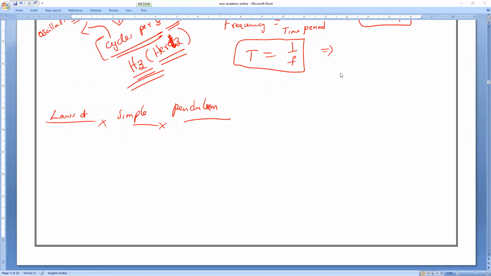Laws of simple pendulum, right? First one, the time period of oscillation of a simple pendulum. This experiment also, I will send you one video, you can watch that. The time period of oscillation of a simple pendulum,